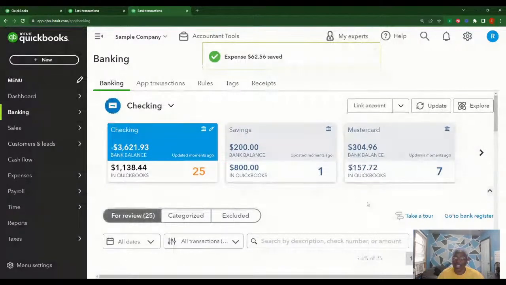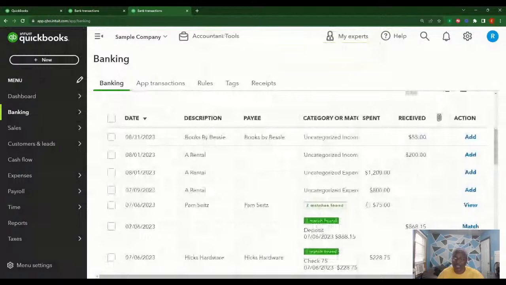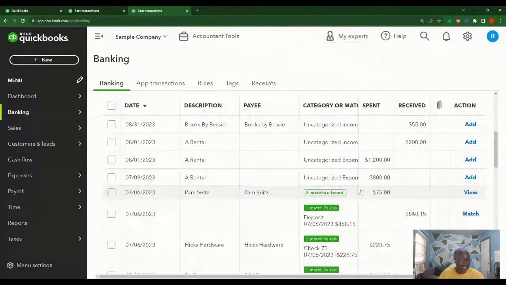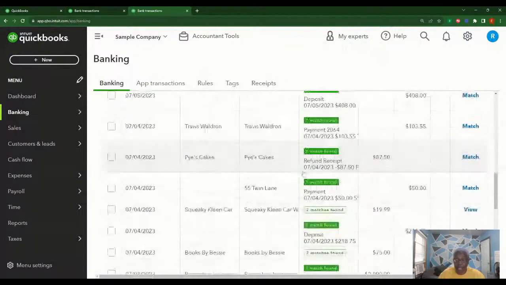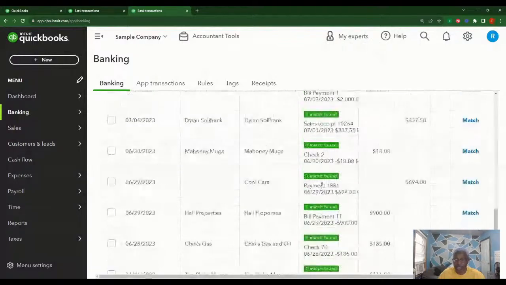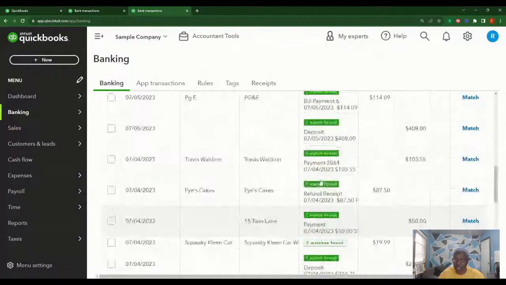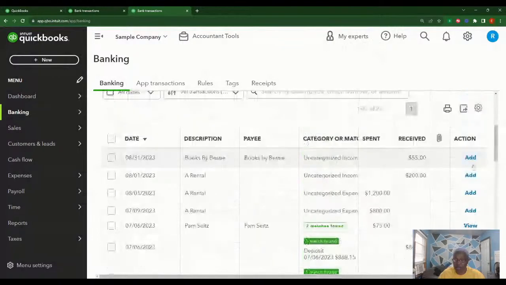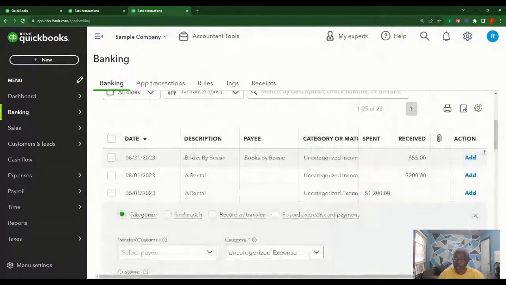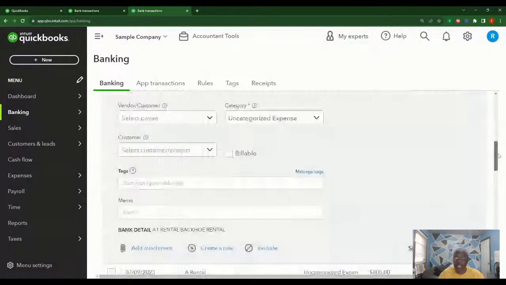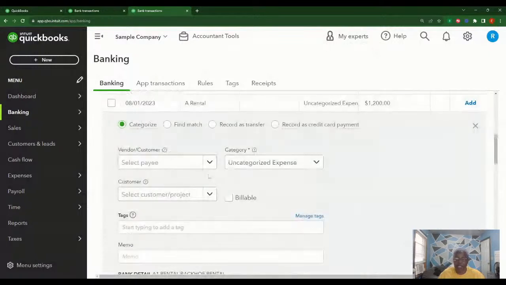So that's one way of entering your expense. Let's say that you're now at this point, you already have it in your bank account and you want to enter it from your bank account. Let's see, one that's not matched. Okay, here is one. So you click on here, enter from your bank account. It's going to go to an expense. So you can select the vendor